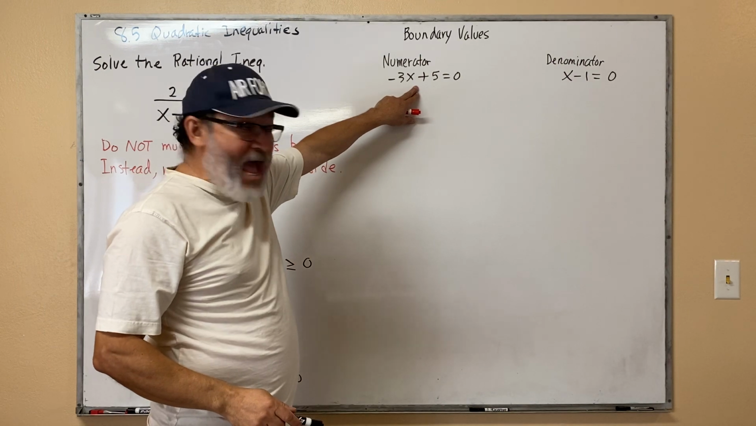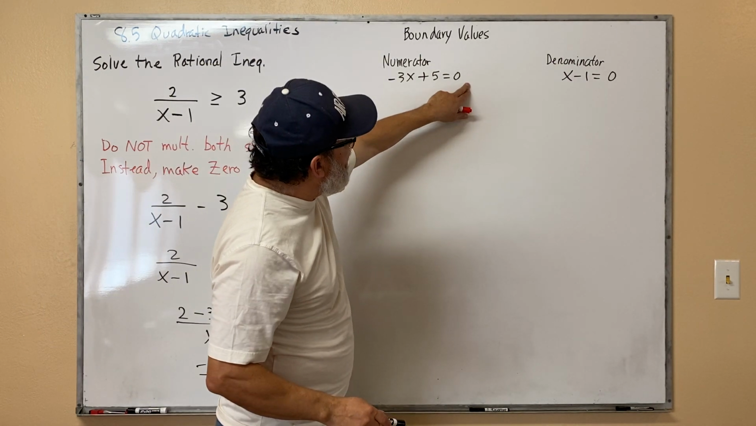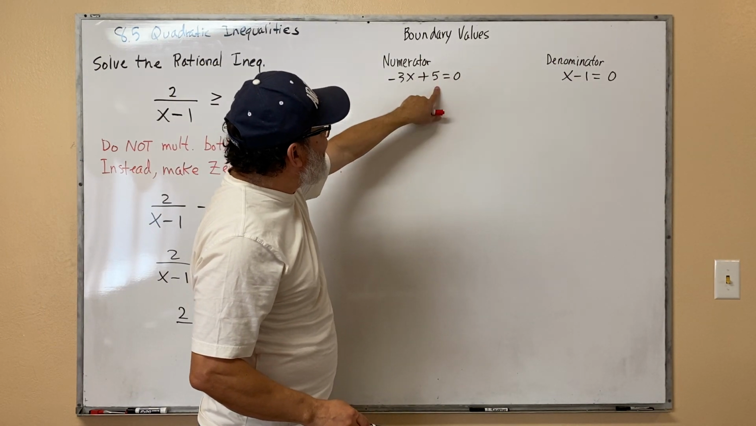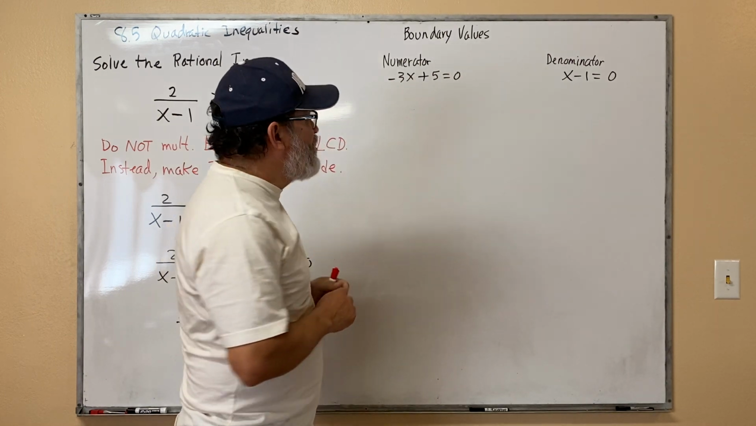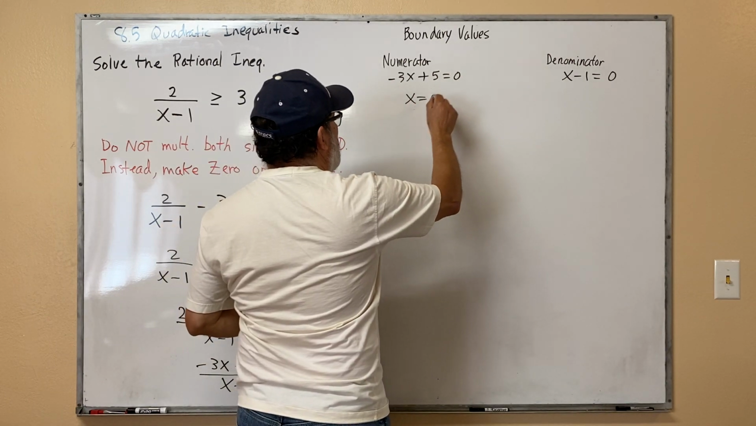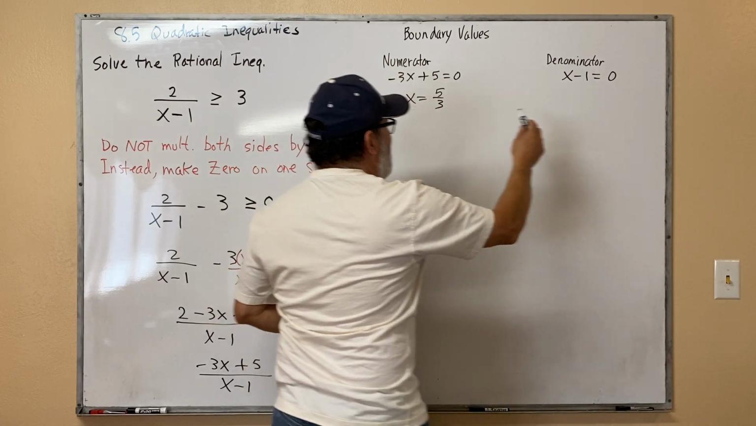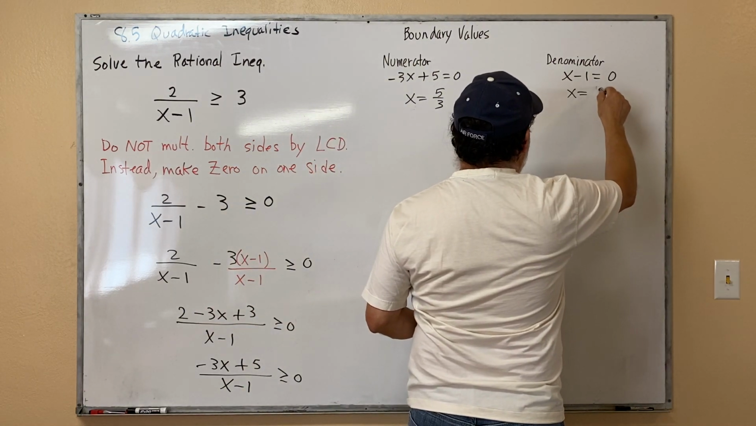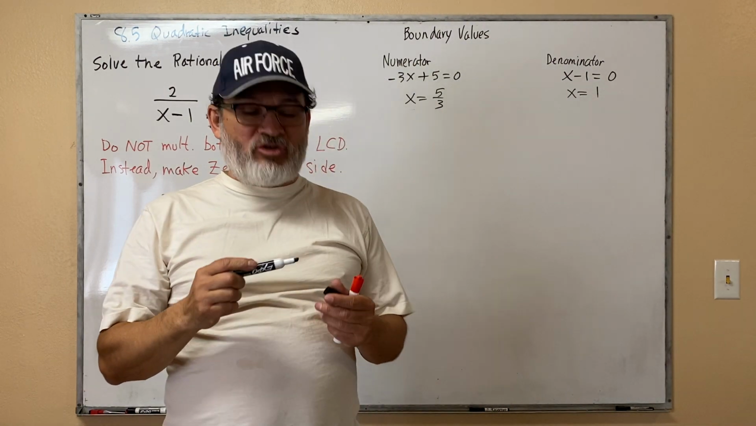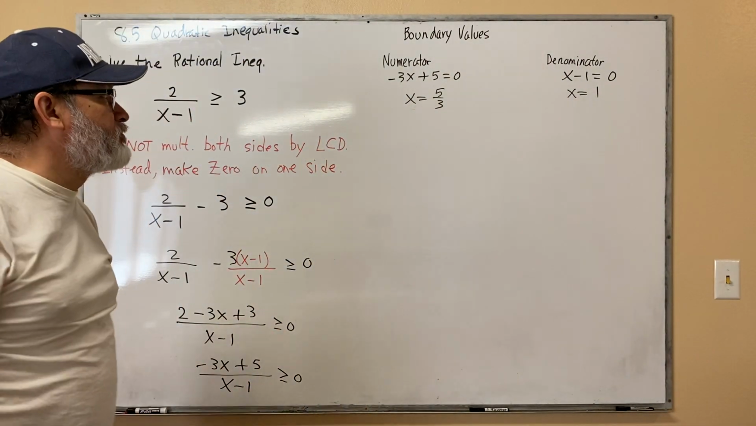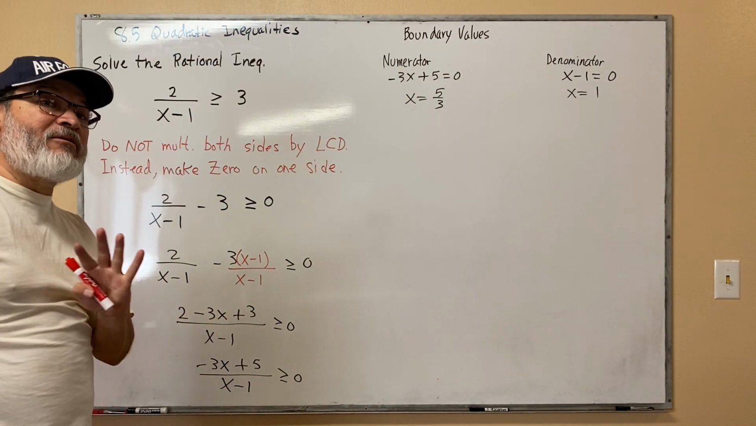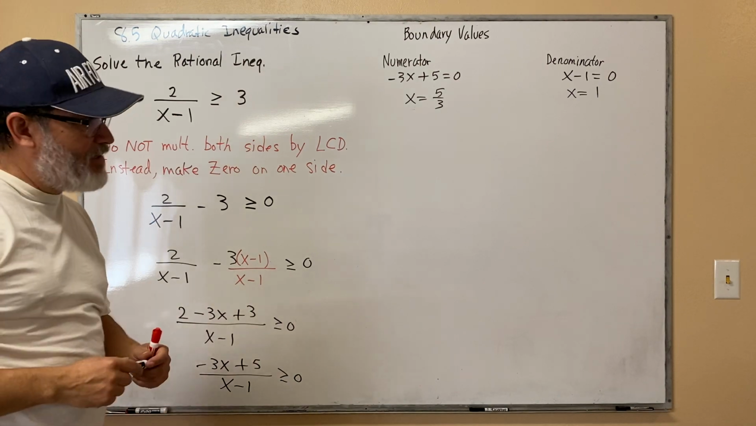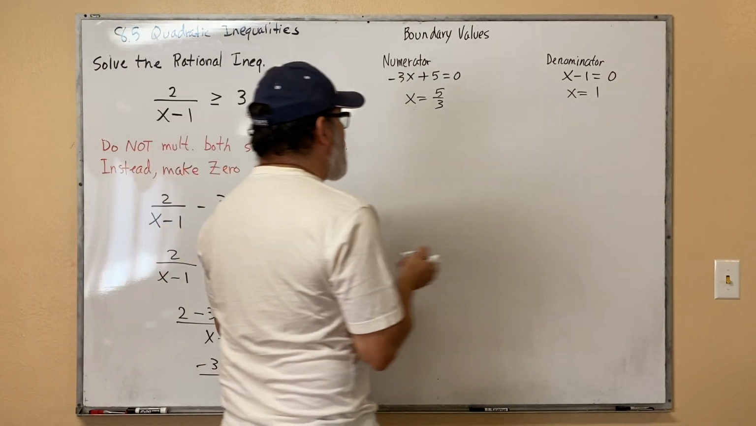Solve this for x. Bring this to the right. This becomes negative. A negative divided by a negative is positive. So therefore, this is x equals 5/3, and this is x equals 1. And those are the boundary values. We got the boundary values. Go to the number line